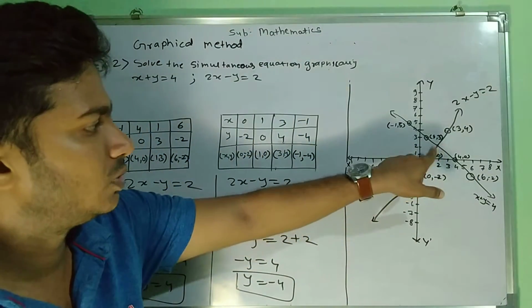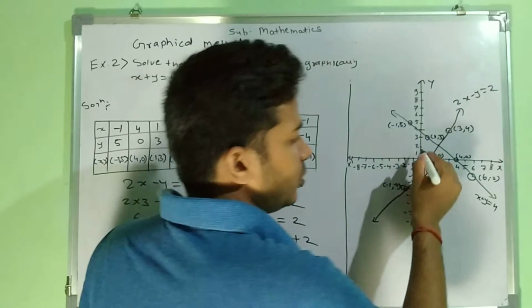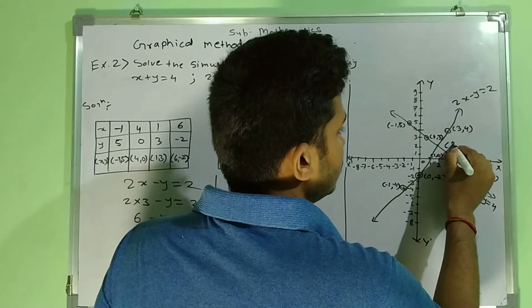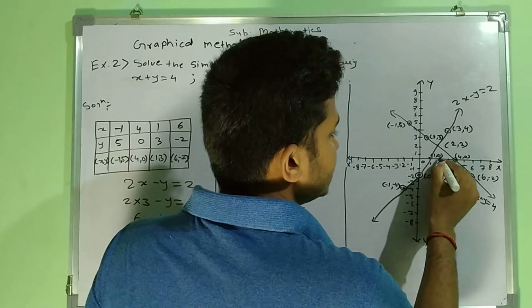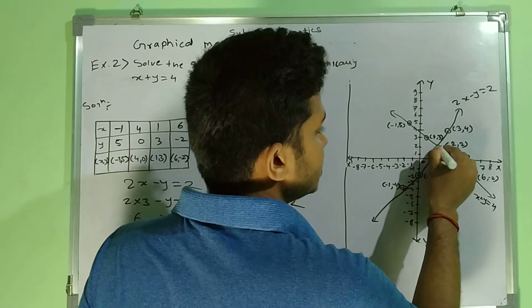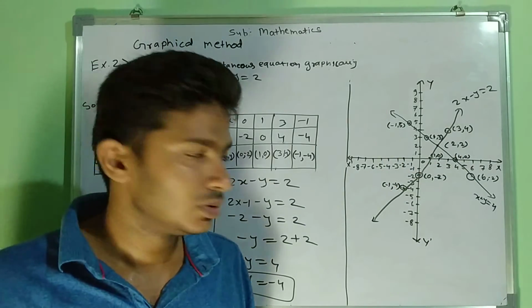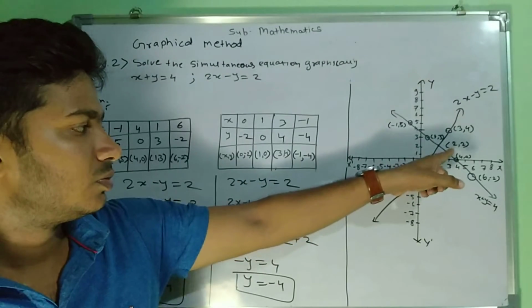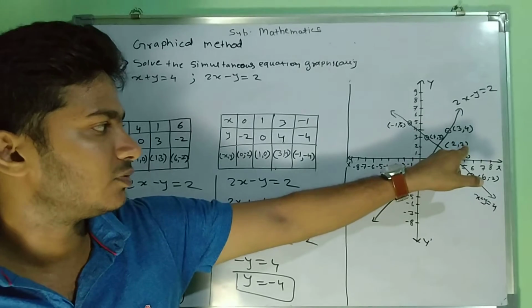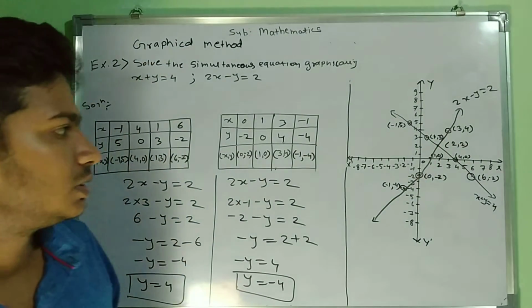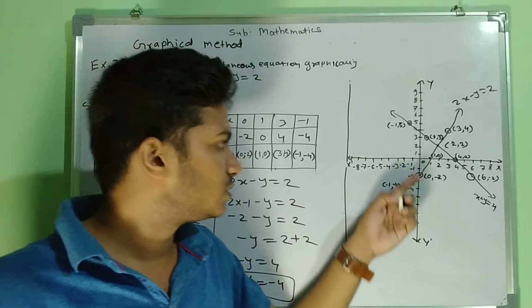That point of intersection of 2 lines is here somewhere, and that point seems like 2 comma 2, 2 on x axis and 2 on y axis. That means here somewhere. So we got the point 2 comma 2. So for that 2 comma 2, the value of x is 2, the value of y is 2. That will be the solution